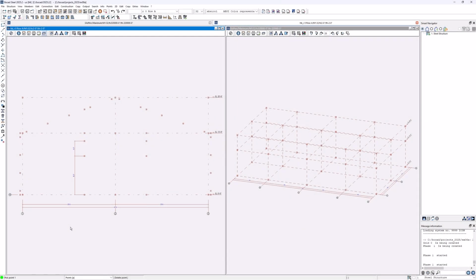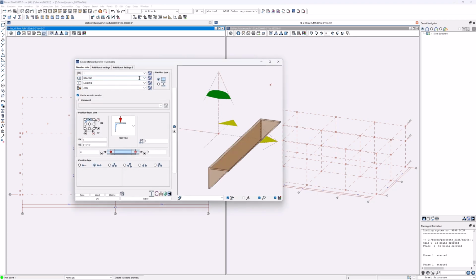I just went back a couple of steps from exercise 6, and I would like to recreate the same little portal frame, but this time with the new knowledge we just acquired, meaning copy, move, and mirror. So what could we do? Members, profile, we'll come back to the column,